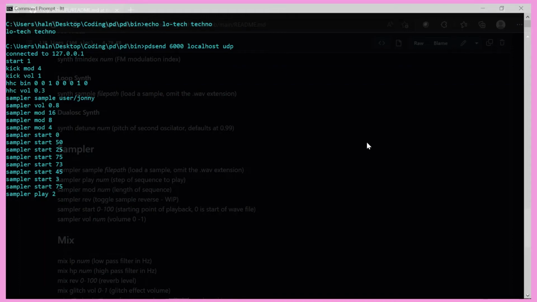And you can change the step of the sequence in which it's playing. Same as the kick drum and most of the drum machine samples. You can set your sequence length and then say whereabouts in the sequence are we triggering the sample. I can also